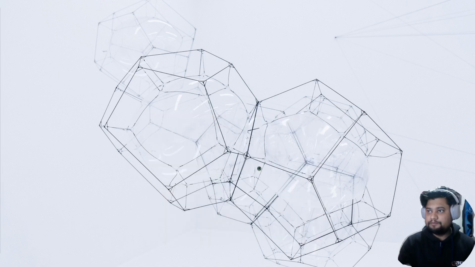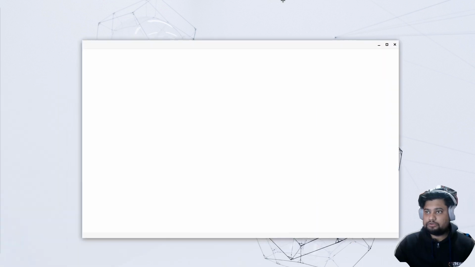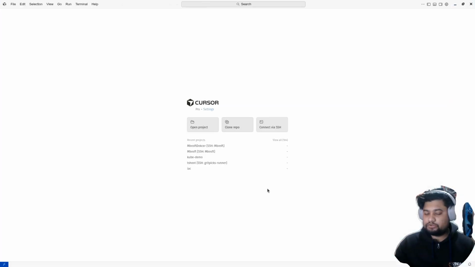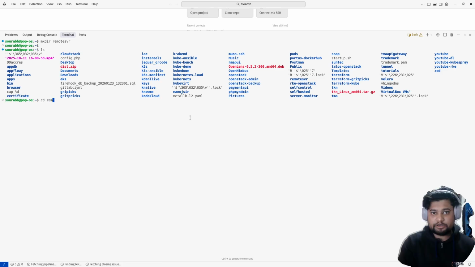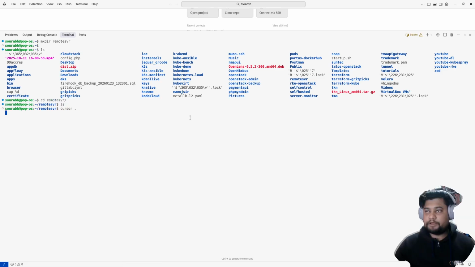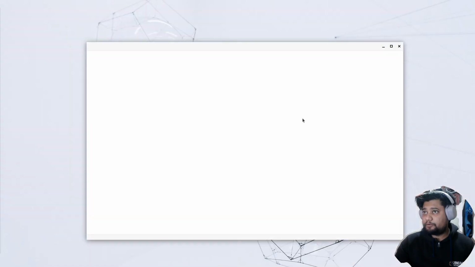So let me just open my browser and check this one by one. Okay, so let me just open the project and create a repository called manage remote server. I'm going to create a repository called remote server. I open the application, and what I'm going to do is that